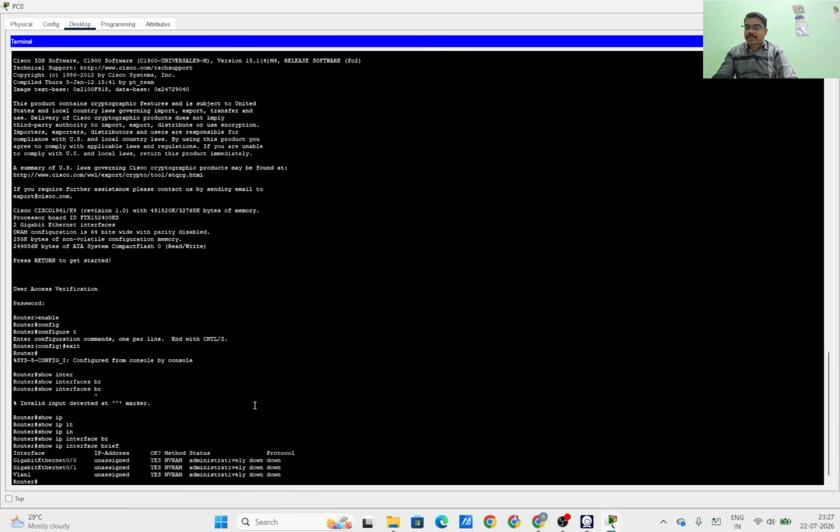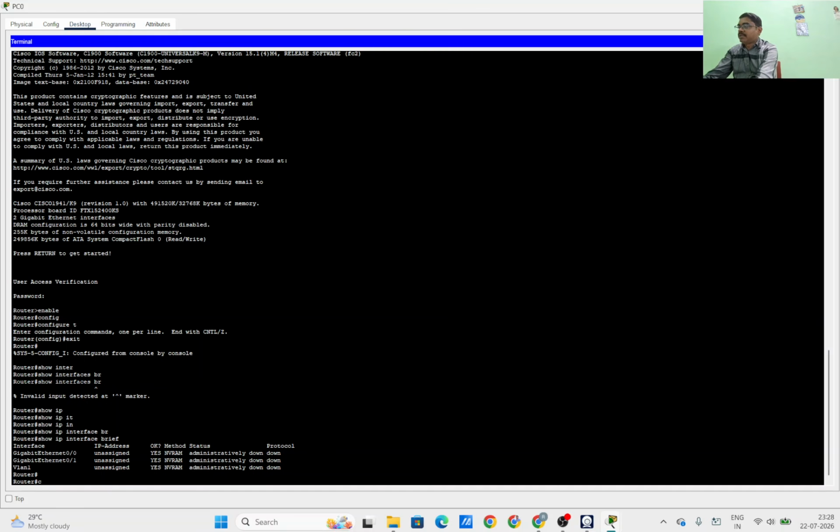We can see it. Three interfaces are there: Gigabit Ethernet 0/0, Gigabit Ethernet 0/1 and VLAN 1. From these we are going to assign the IP address for two interfaces, Gigabit Ethernet 0/0 and Gigabit Ethernet 0/1. Okay. So for that purpose,